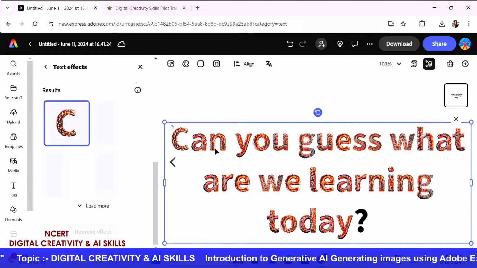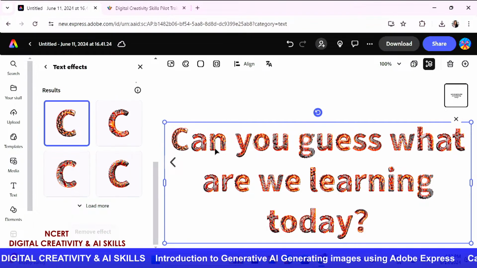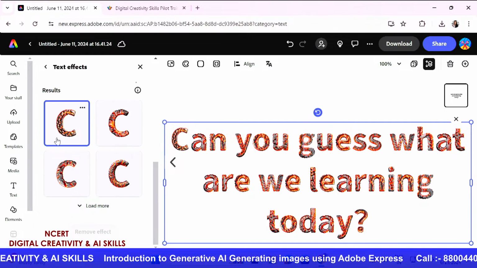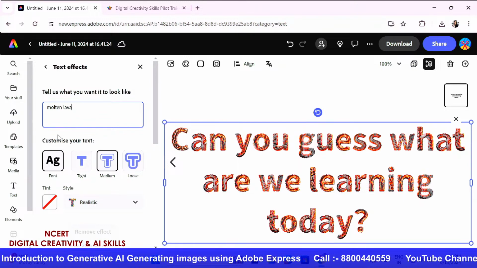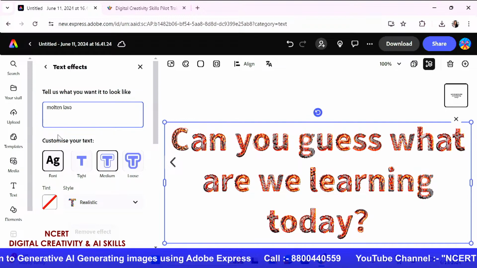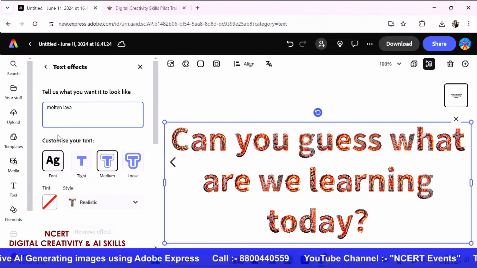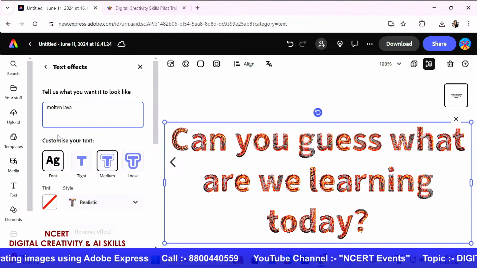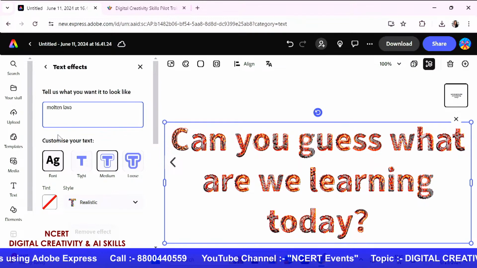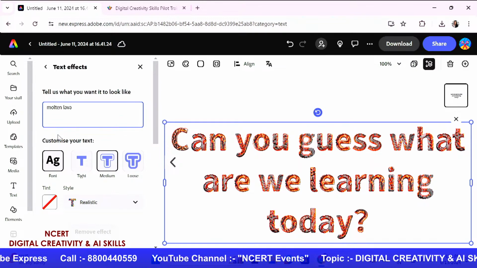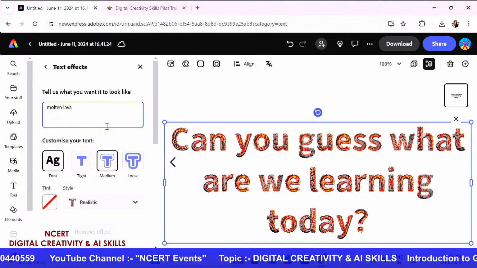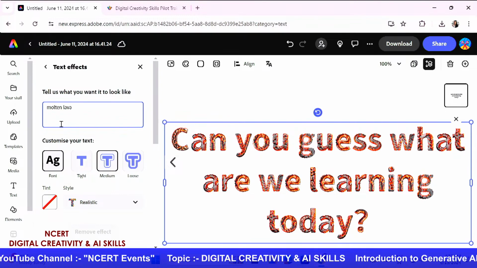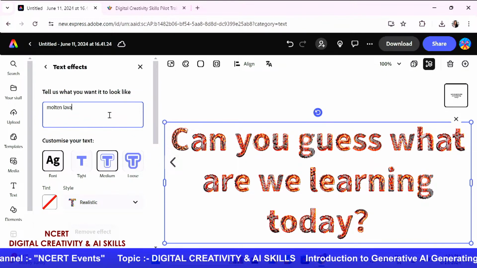and I can simply just have this picture with my students and I can ask them, can you all guess what we are going to study? Similarly, I talked about plants. Similarly, you can apply this to any subject that you're going to teach. And even the mathematics teachers can pick what problems they're going to solve today. So they could have these questions and add those kind of text effects and present that to the students to make the classroom more engaging and more interesting.